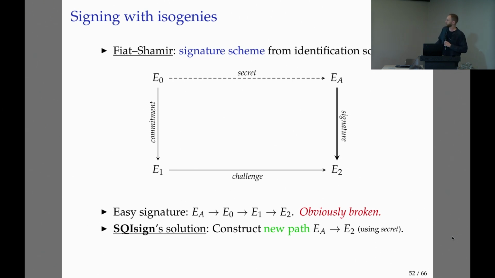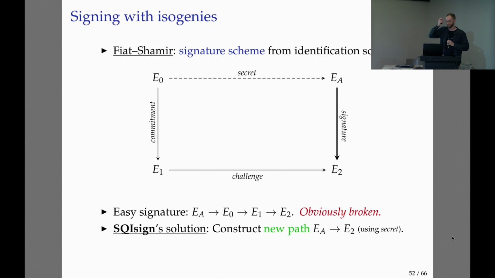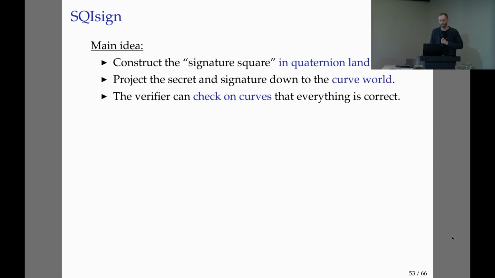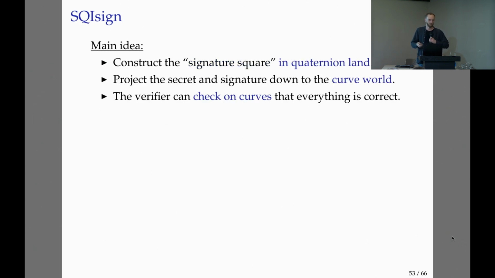Okay, so the main idea is that you do all of this in the quaternion setting. Well, except that one of these things is actually sampled as an isogeny, but then you put it back into quaternion land. You do all the computations, and at the end you project down the answer to the signing challenge to get an actual isogeny, and the verifier can check using computations on curves that you've constructed